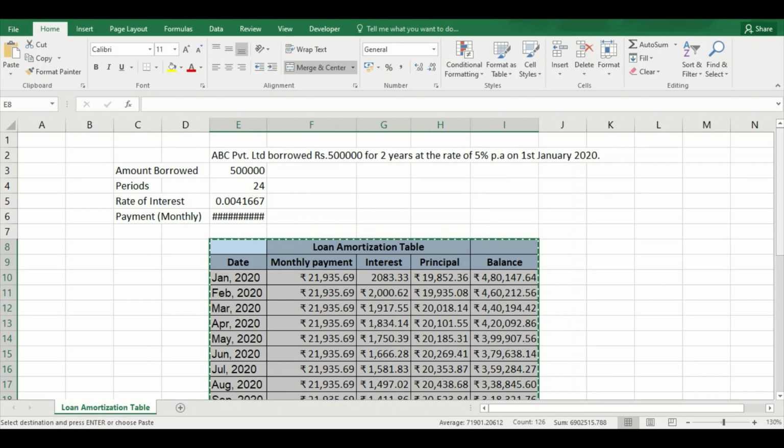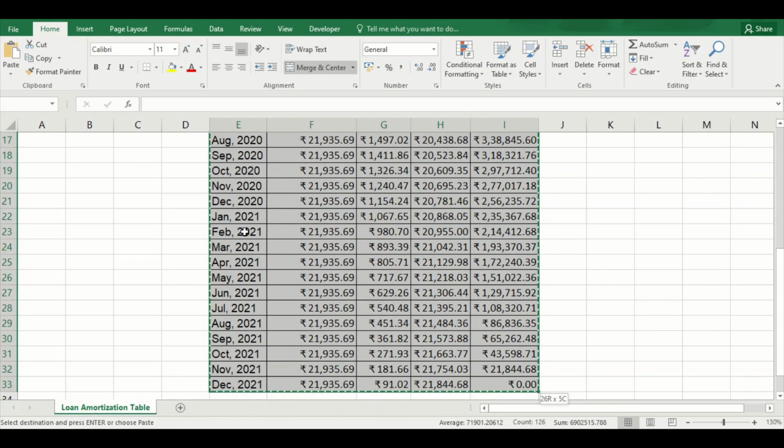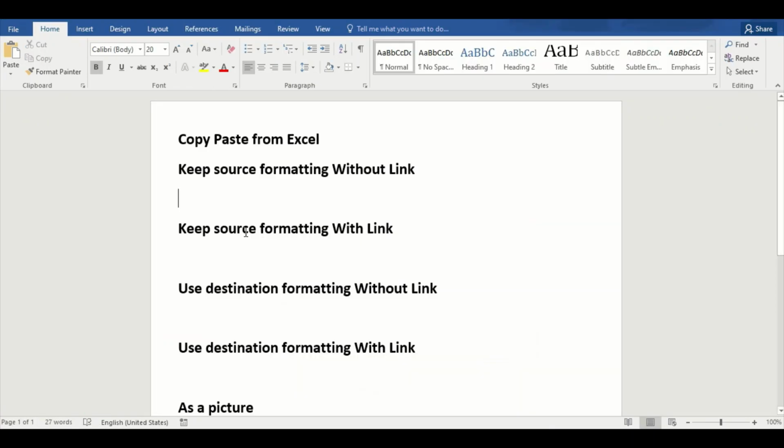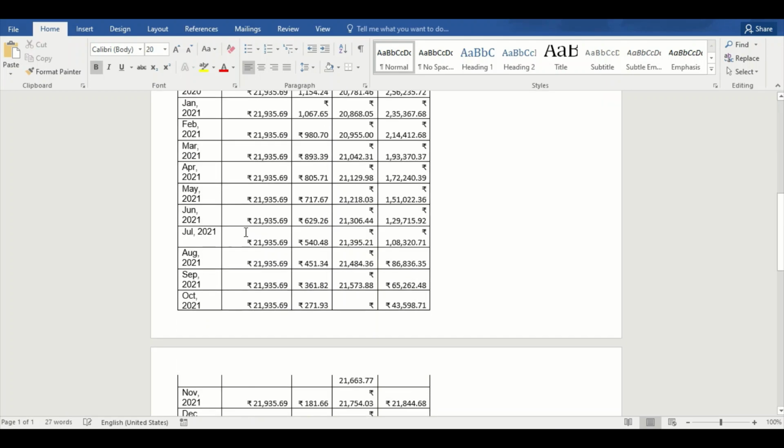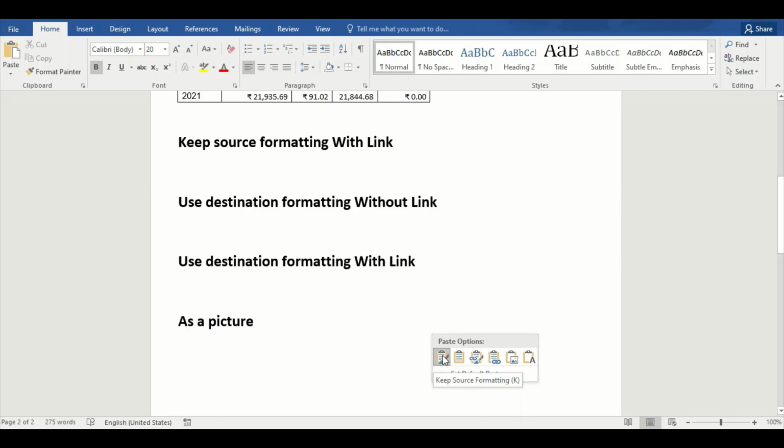And this is a loan amortization table, as you can see. It is already selected, but I will select it again. I use the Control Shift and down arrow key to select it and Control plus C to copy it. I move back to the Word document and Control plus V to paste it. I press Control once again to enable the paste options, and now all the options are visible on the screen. I will be pasting the table under each of the options mentioned on the screen, and then we will discuss each option in detail.